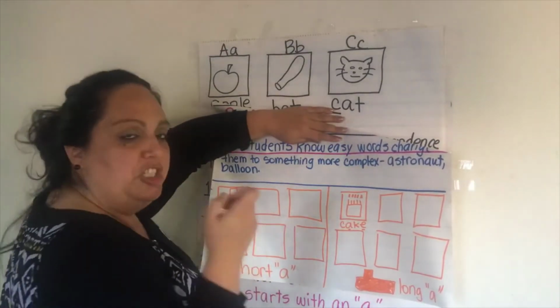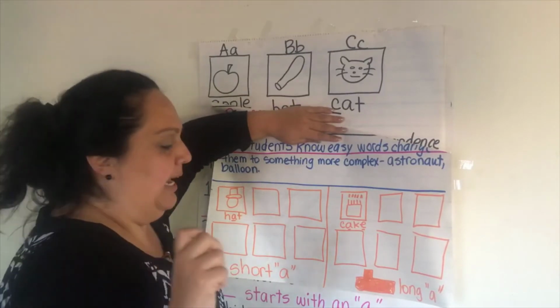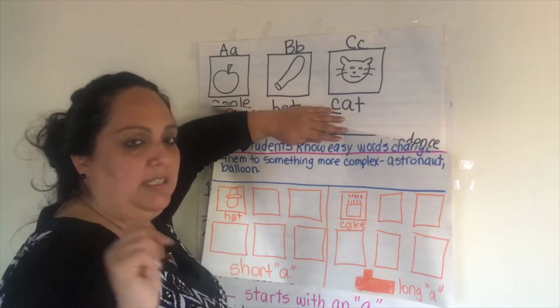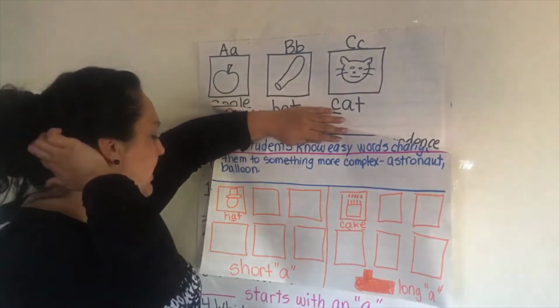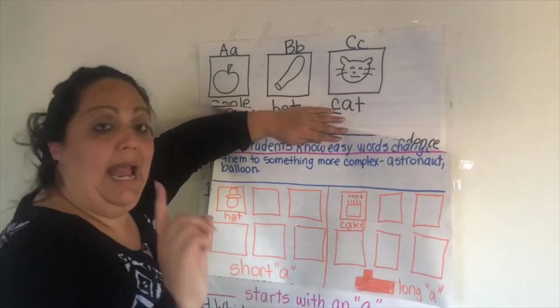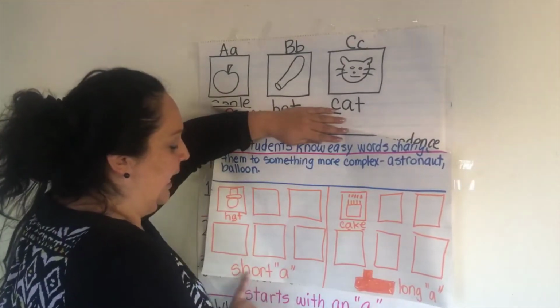You could just go to, I call it in my class Uncle Google, your best friend, and say list of words that have short A or list of words that have a long A. Pick some simple words, I'd say maybe 6 and 6. And you do the same thing. Hat, short A,